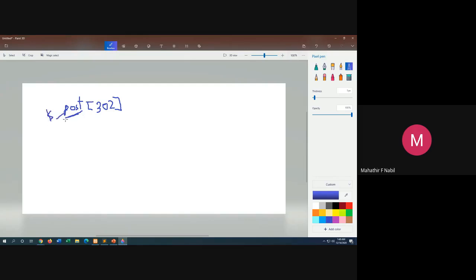So why is this used? Because this value 302 needs to be posted to the database, right? So to do that, we don't need to write $post, $post this, $post that always. So that is why we will assign it to a new variable, which is